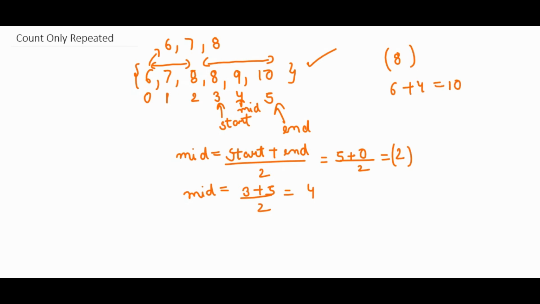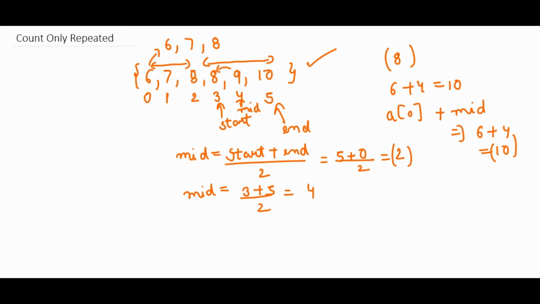How am I calculating this? So array of 0 is fixed here, right? Plus the index that we are considering, that is mid. Okay, so this should be the element at the mid position, because this array consists of consecutive elements only. So it should be 6 plus 4, which is equal to 10. So our mid element should be 10 here, but it is 9. That means our left part of the array has some repeating elements. So we will go to left here.